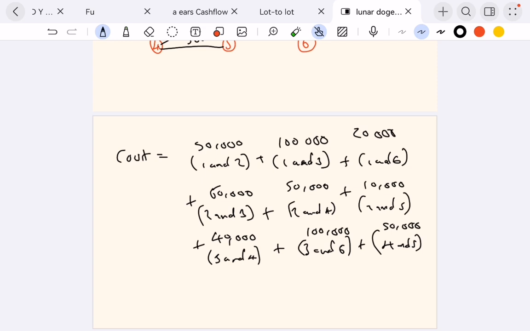So we add these numbers together. So it will be 50,000 plus 100,000 plus 20,000 plus 60,000